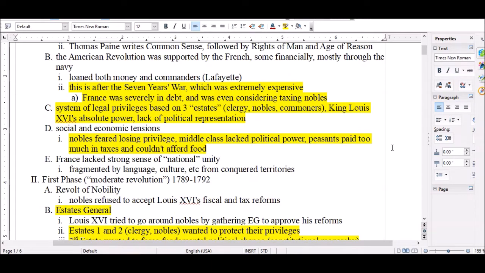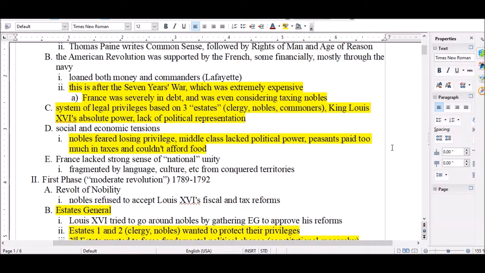So lots of names I know, but Marie Antoinette you may recognize. She's kind of a popular name. We'll get into them a little bit more later. So they are outrageously powerful. The king and queen live lavish lives that they just don't really have any limits. They don't know anything about what it's like to live as one of the peasantry. And so the peasants in particular are going to be very upset about this.